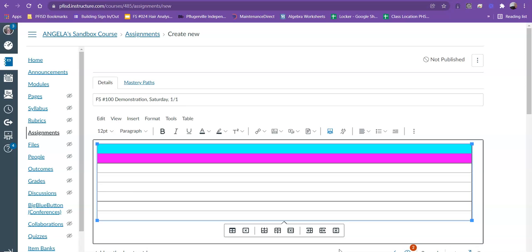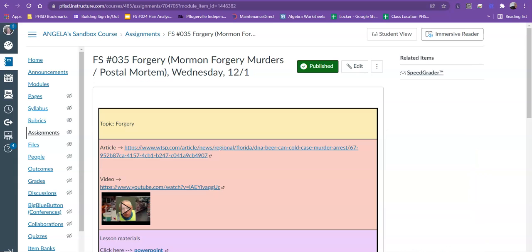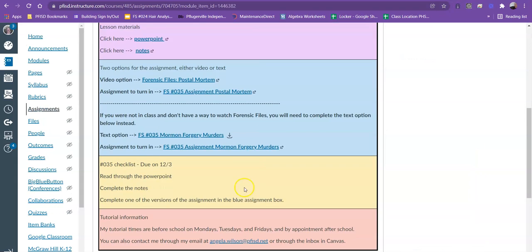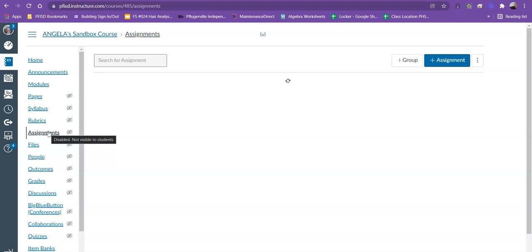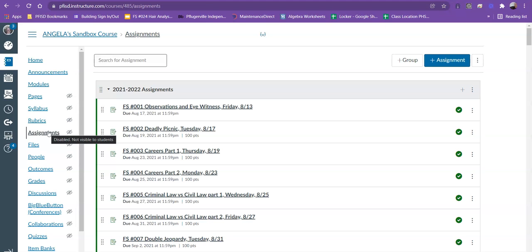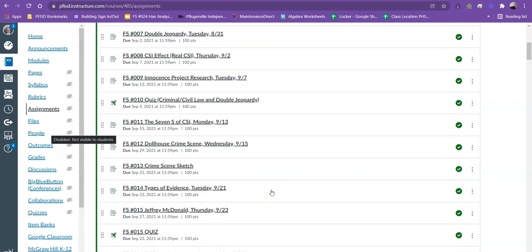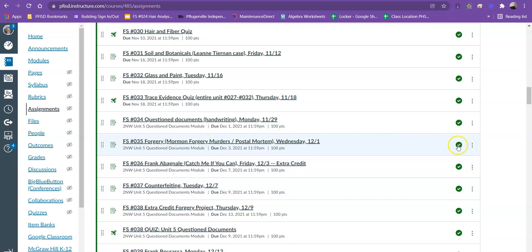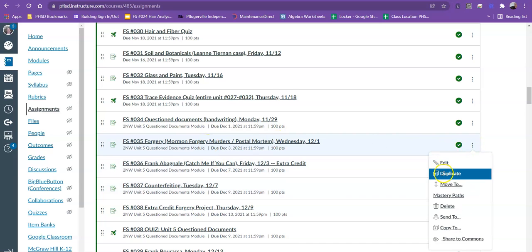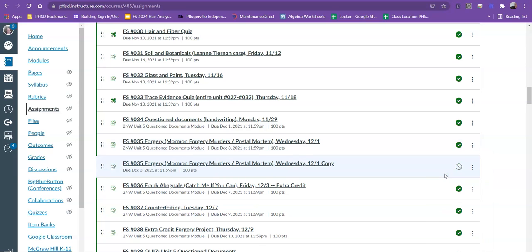Now, the way that I actually do this from one lesson to another is that I go into a previous lesson where I did something similar, and I just duplicate it. So I'm going to come back out and go to my assignments page. Wait for it to load. And you can see all of my assignments here, and I'm going to go back to that one. That was number 35, and you come to the 3 dots at the end and you duplicate. And what that will do is give you a copy right underneath. You'll see it says copy at the end. And so I just click on that,